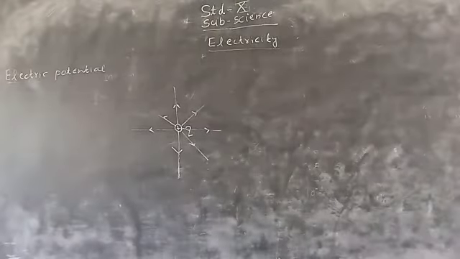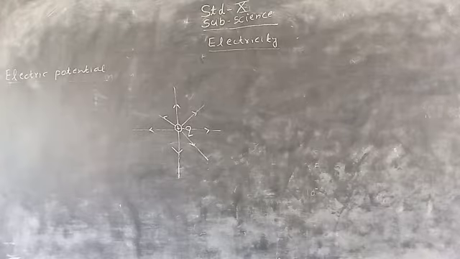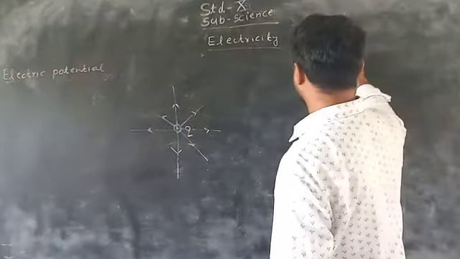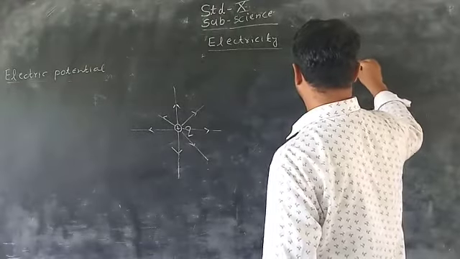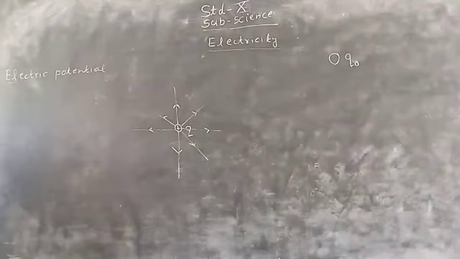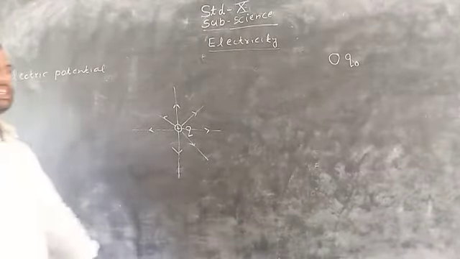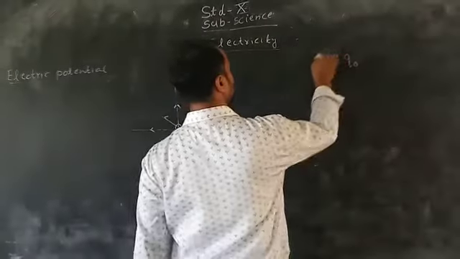It means if another charge comes, suppose here is a charge Q, we can call it a simple test charge. If this test charge is moved very slowly,